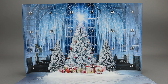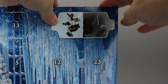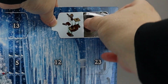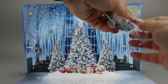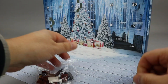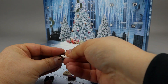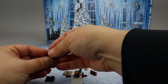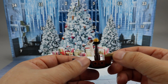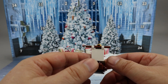Next up we have Harry Potter. Let's take a look at day 3 up here in the corner. And it looks like the Durmstrang ship. So here is the Durmstrang ship, like how they did the